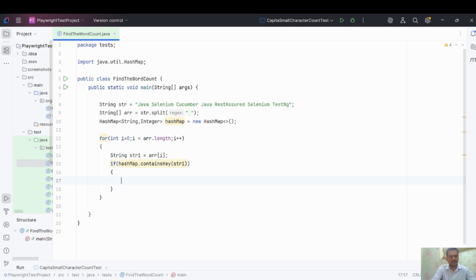If it is already present, then I will simply write hashMap dot put, then I will put the word, that is str1, comma, and the value. For the value, I will write hashMap dot getOrDefault. If it is default, then just simply put 0. If already present, then add 1, okay. Else